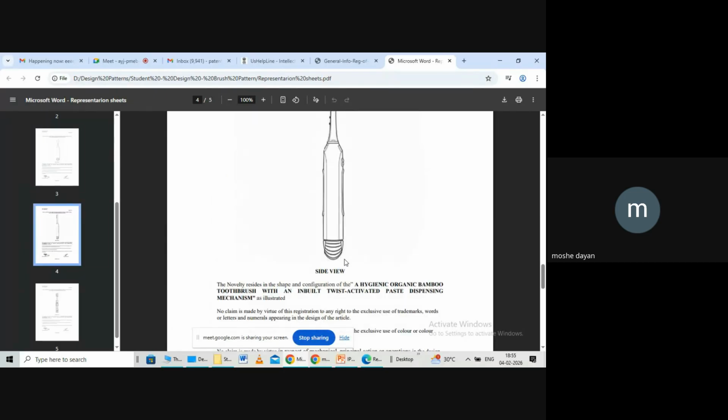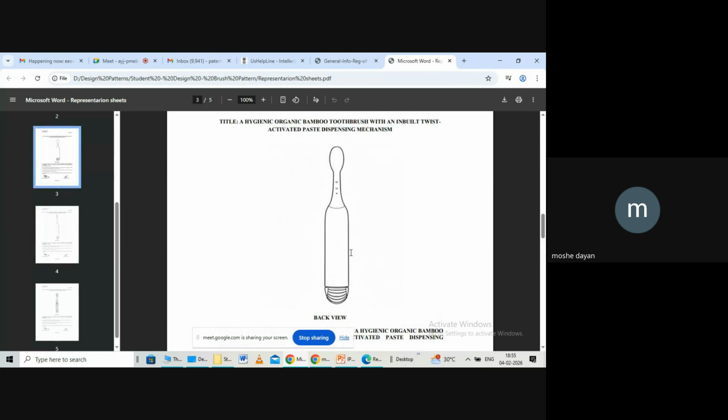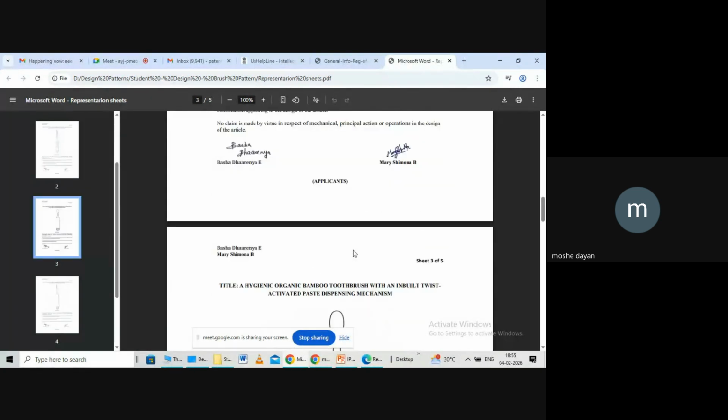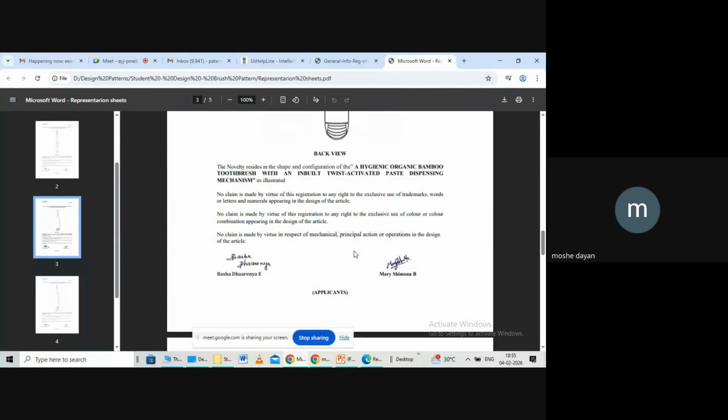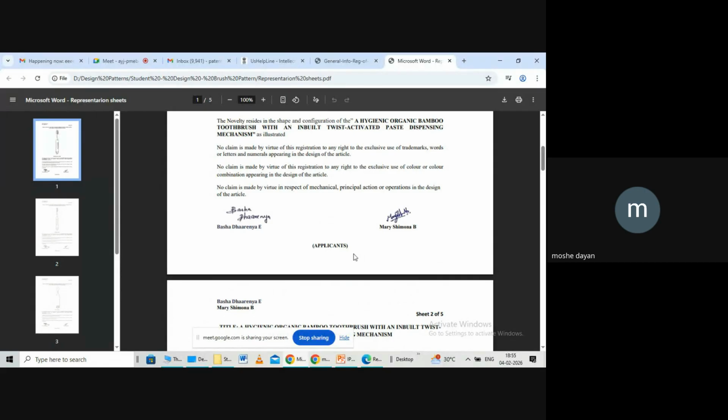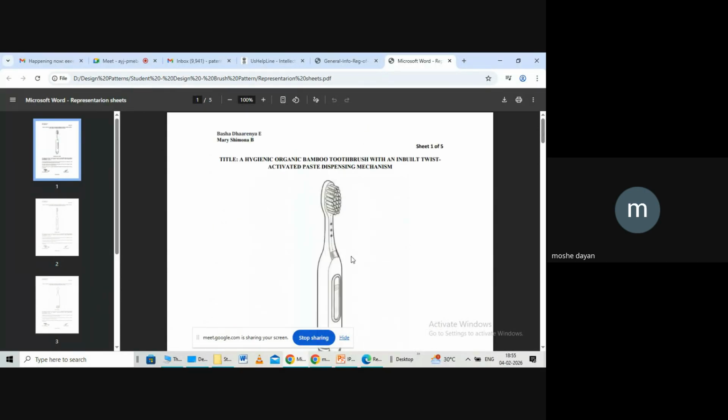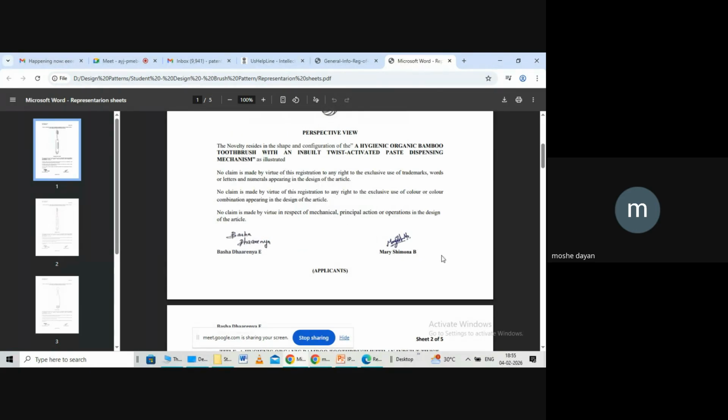So when you have a product, you take photos of all the views: the isometric view, back view, top view and side view. All four representations should be given on different sheets. Very importantly, make a note of it. How should the representation be? Left top should have the applicant name. Right top should have the sheet number, and bottom right should have the applicant signature. Every document you sign, either in the patent or design, the signature should follow with the name. No signature should be left as such. The signature should be followed with the name typed below it.